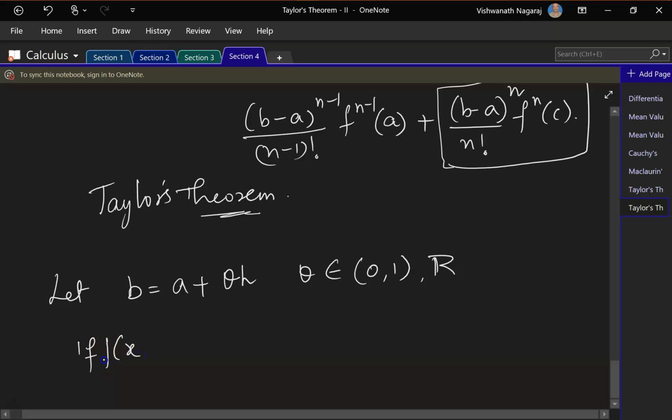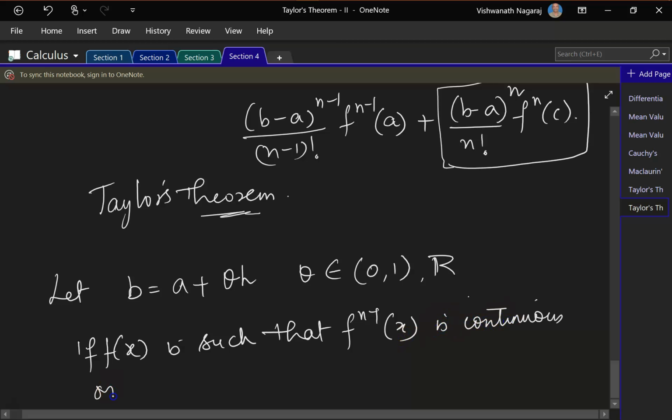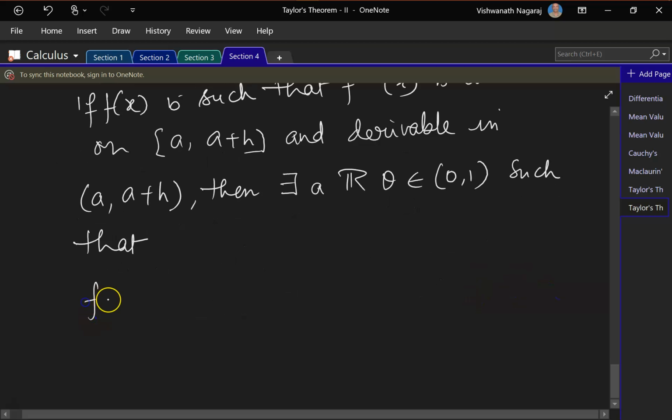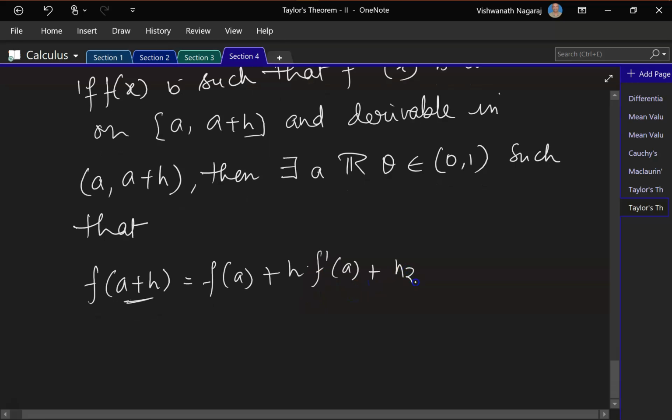If f of x is such that the n minus 1th derivative is continuous on the closed interval [a, a plus h] and derivable in the open interval (a, a plus h), then there exists a real number theta belonging to the open interval (0, 1) such that f of a plus h is equal to, remember this was b, so we have substituted it with a plus h, f of a plus h times f prime of a plus h square of f double prime of a by 2 factorial